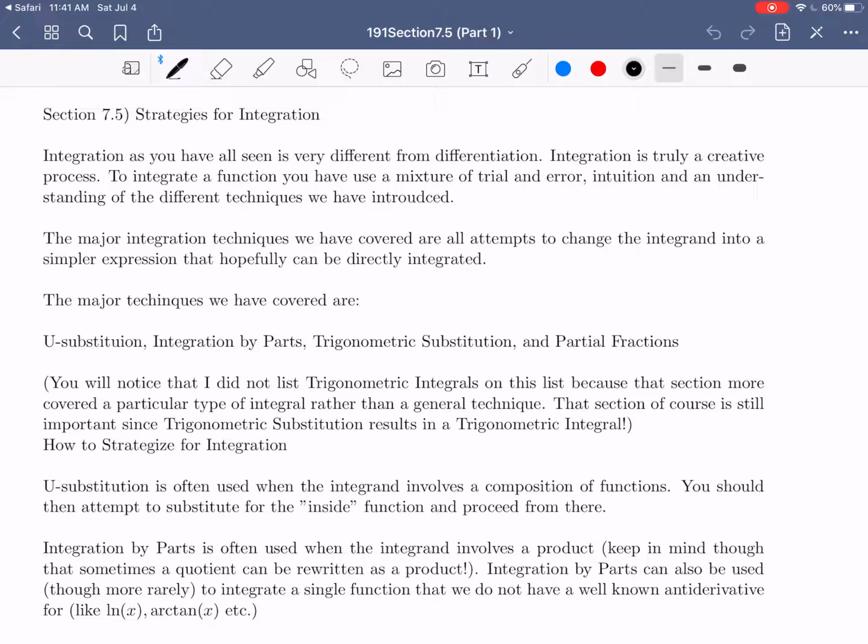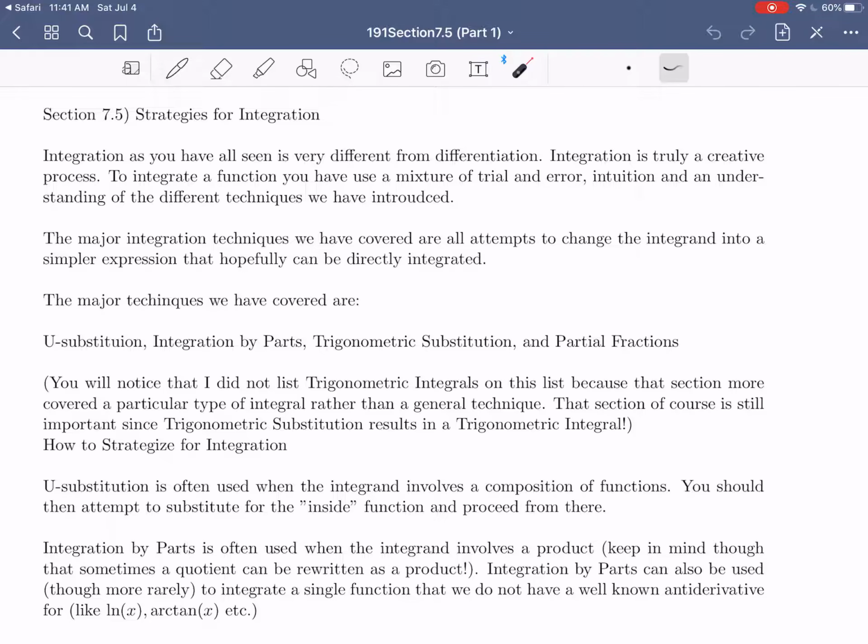In today's video, we're going to be moving into section 7.5 from your textbook, which talks about strategies for integration. This is sort of an interesting section because we're not going to introduce any new concepts or techniques for integrating functions. Instead, we're just going to summarize and talk a little bit about how you would pick out an appropriate strategy for a random integral that you need to do or for an antiderivative that you need